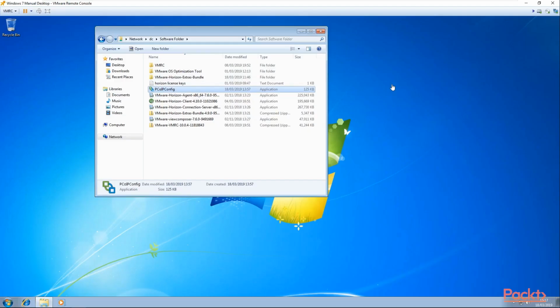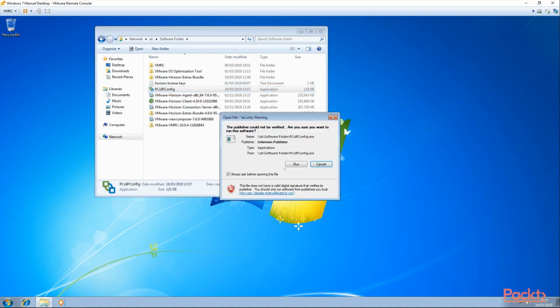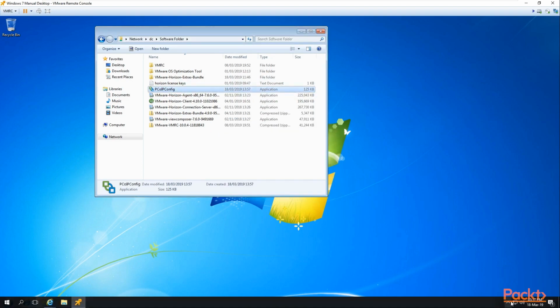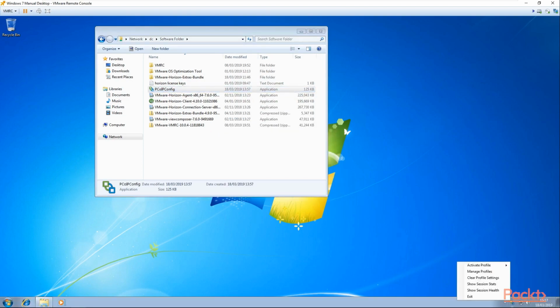So now we've logged on to the desktop of one of our virtual desktop machines, this being a Windows 7 box. What we've done is browse to our file share, into which we've copied the PC over IP configuration tool. It's literally a double click to run that, and you will see it pop up on our taskbar here. If we click on there, we can see there's a number of profiles we can activate. There's a default profile, which tells you it's a maximum frames per second of 30. We've got the image quality,